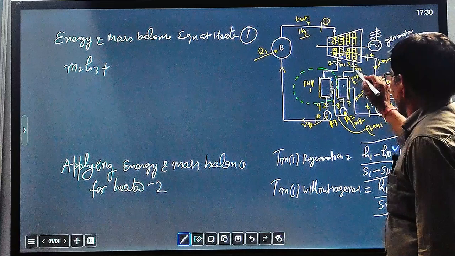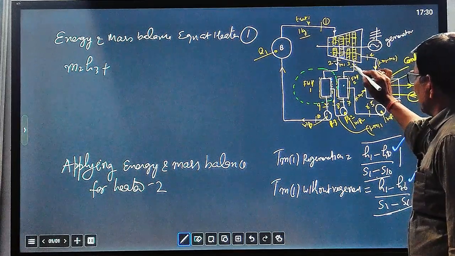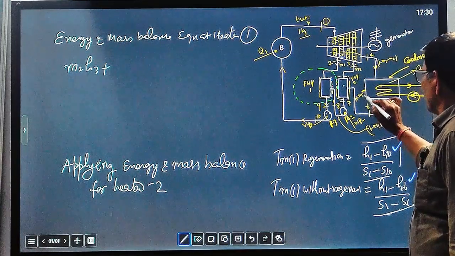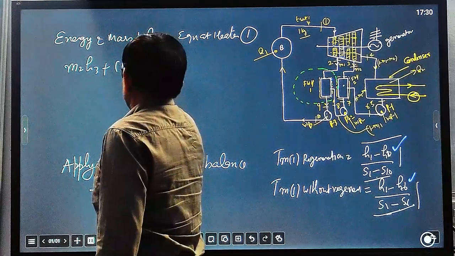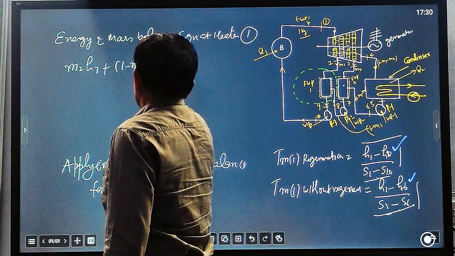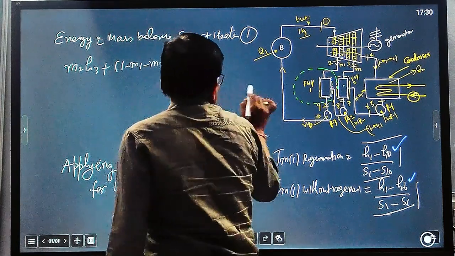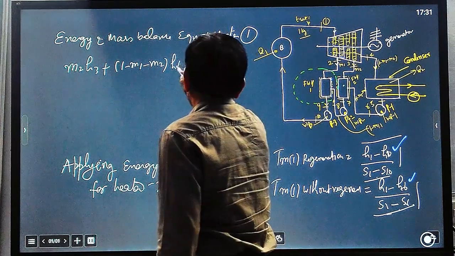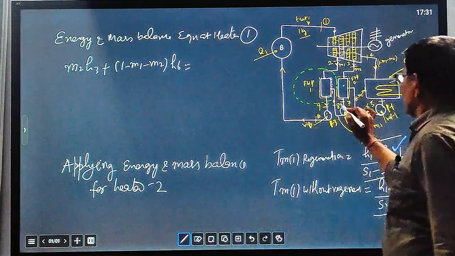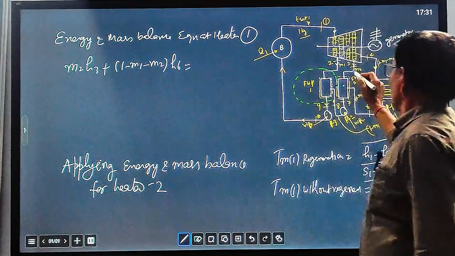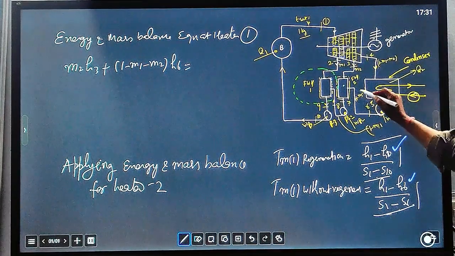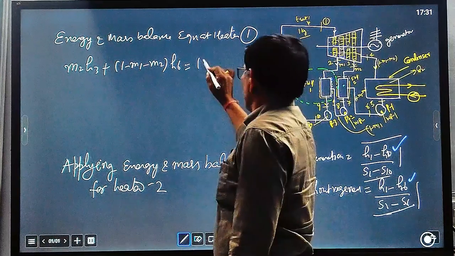So the incoming streams are M2 into H3 plus 1 minus M1 minus M2 into H6, equal to the outgoing stream from heater 2, 1 minus M1, because M2 will mix here, so the remaining quantity will be 1 minus M1